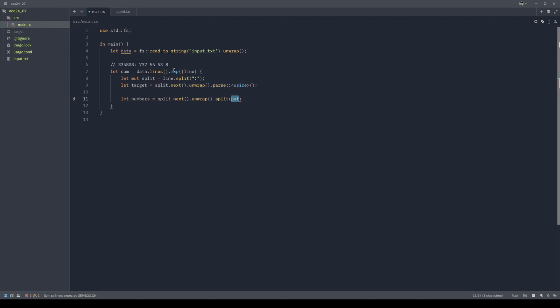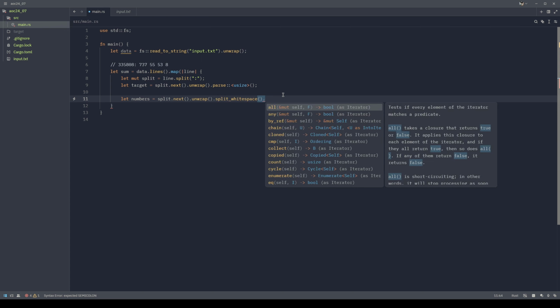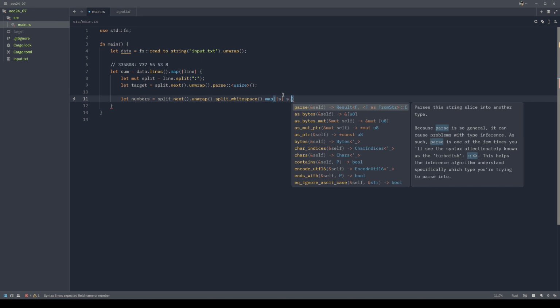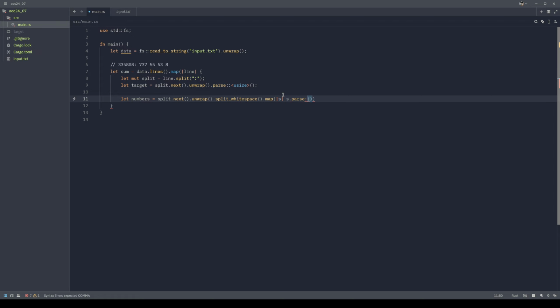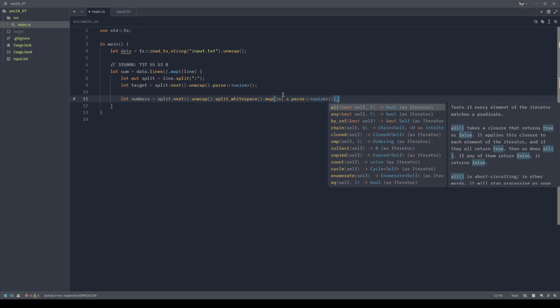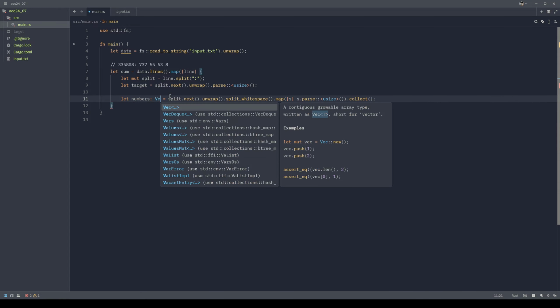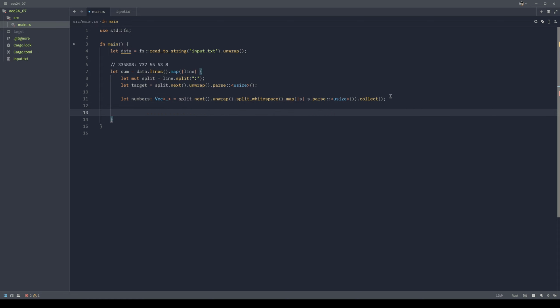unwrap it, split it, we get the string, split on white space, and then convert every string to a usize, then collect it. Need to say that's a vec, and so then we get a bunch of tuples with the target and the numbers, and then